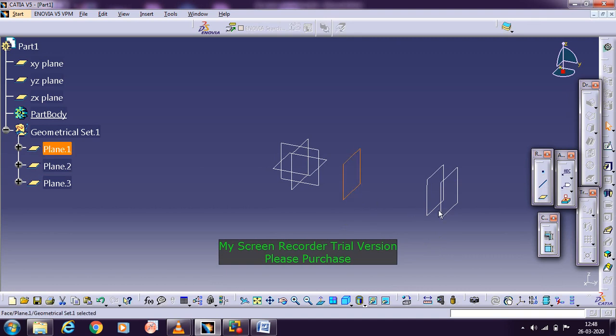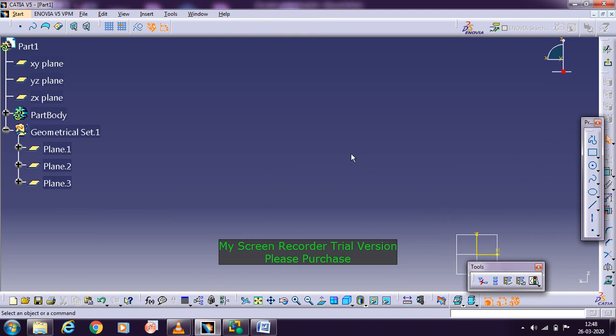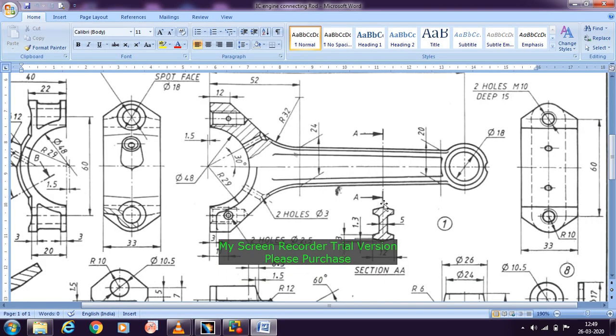Now in between these 2 planes I need to create the eye section, and fill the middle between them. To start with, go with the sketch, select the sketch here, select that plane, and now you need to create the eye section here. Since this eye section is symmetric with respect to the vertical axis and also the horizontal axis, I can create only 1/4 of the eye section. Afterwards I can go with a mirror, and selecting this portion I can mirror it, so that I will be getting the complete part rather than wasting time creating the whole eye section.